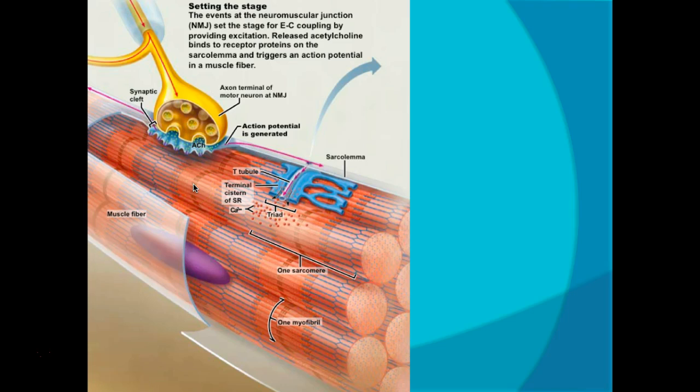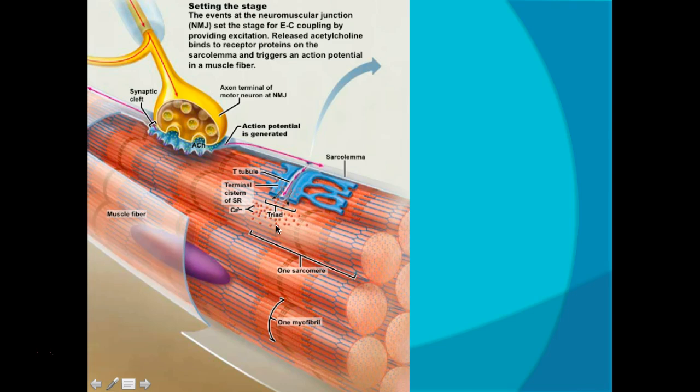When it becomes positive to the level of positive 30 millivolts, that threshold, then the action potential is going to be generated and starts to propagate down the sarcolemma. Now, when it does that, the action potential is going to move down these T-tubules. Now, T-tubules have a little receptor here, and when that action potential moves on through, that receptor is going to change shape and cause the other receptor on our sarcoplasmic reticulum to allow calcium to move out of the sarcoplasmic reticulum and onto our